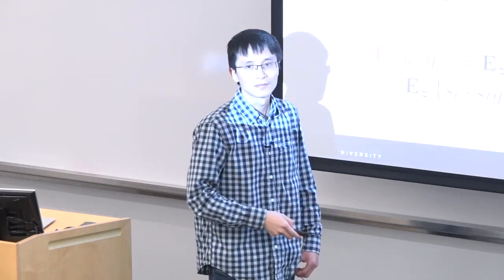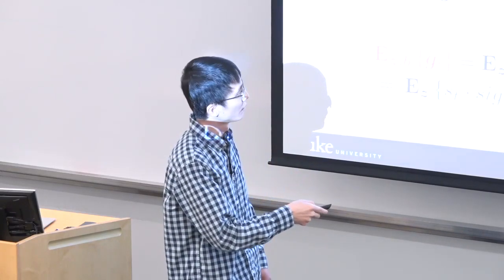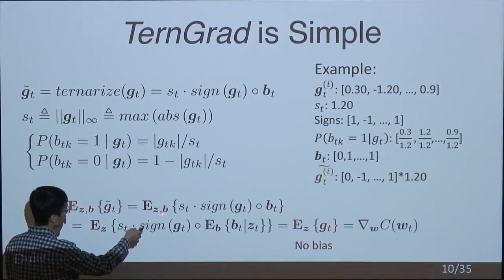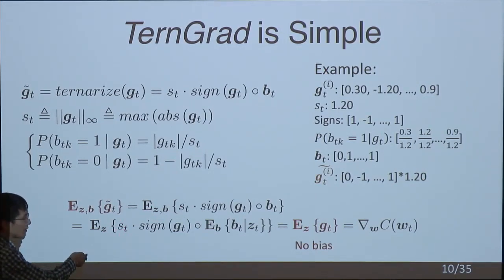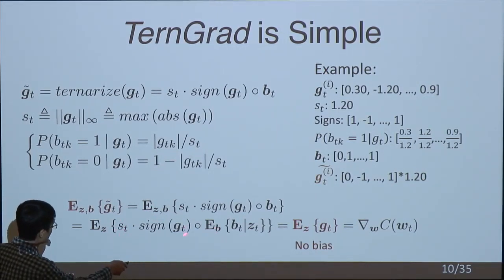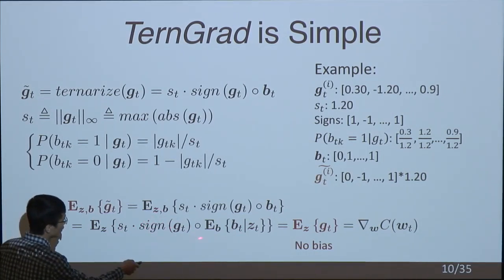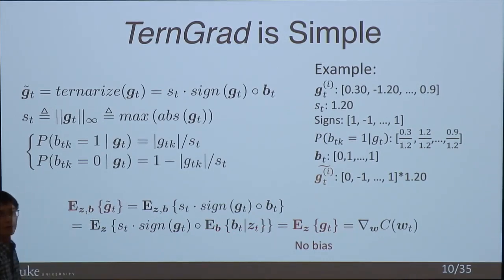Excuse me, how do you get from the last line, from this to that? Here we have the expectation over Z, and then we get the expectation over Z and the expectation over B given Z. This one has no value related to Z, so it's gone. Then this one is just B, so we get there.